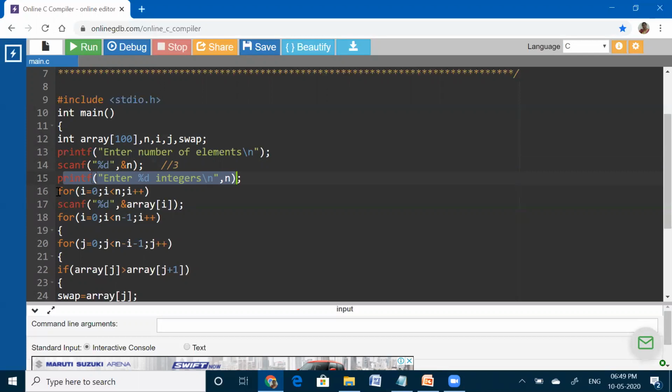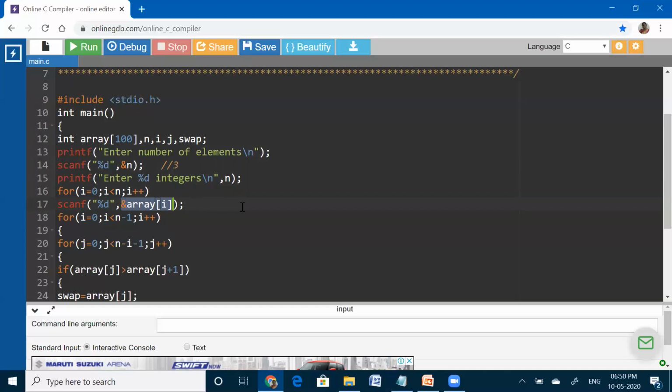For entering 3 elements, I need to take a for loop. This for loop will continue till the end of the list, where the list size n is 3. Till the value is less than 3, the values will be inserted into the array. Initially the array index starts from 0, so I am initializing i value as 0 and first reading the array of 0th element.